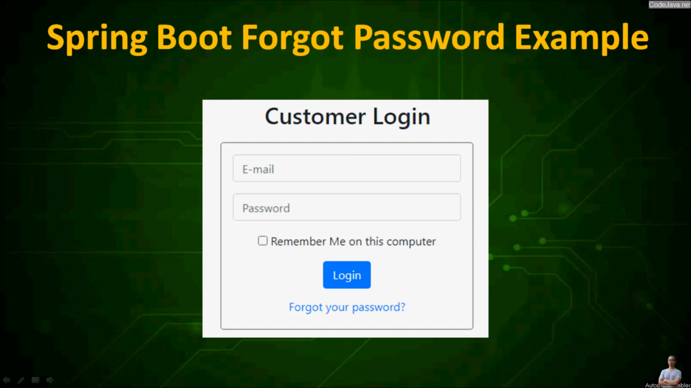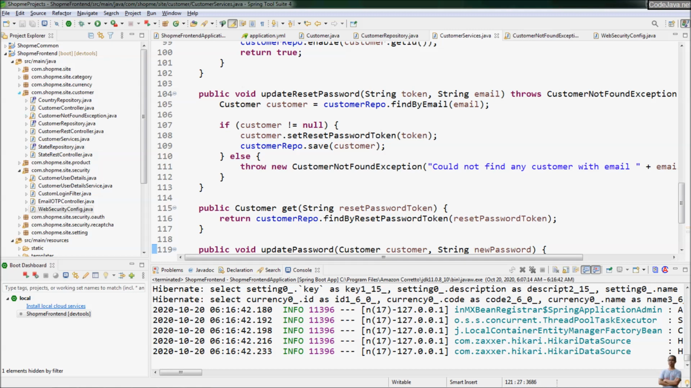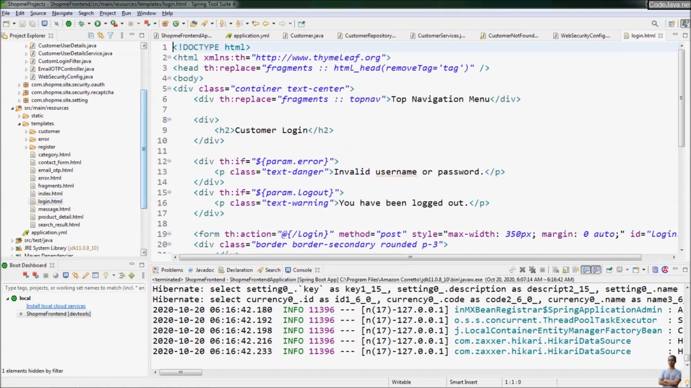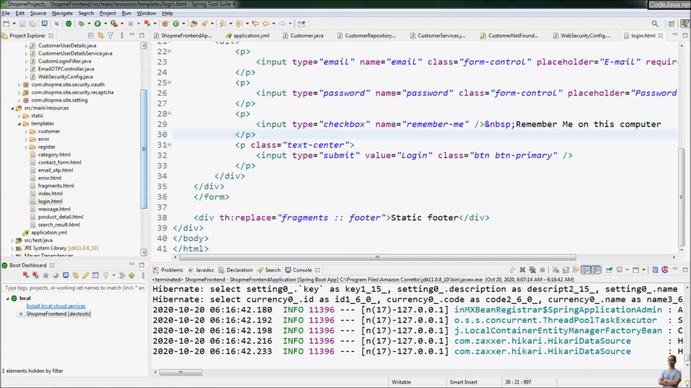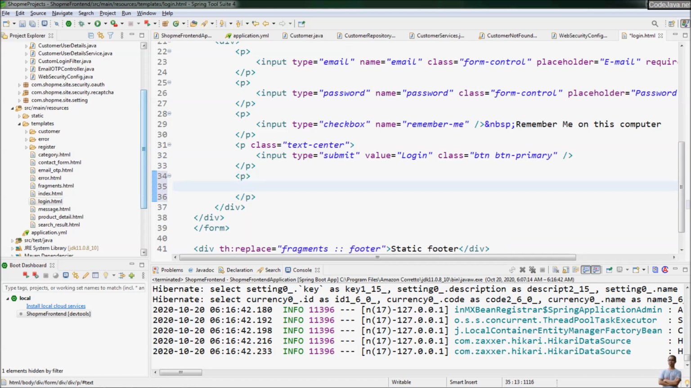Next, we need to update the login page to add a new hyperlink: Forgot the password. So in the project, open the login page. In this project, I use the custom login page here. And we add a new hyperlink after the submit button here to allow the customer to use the forgot password function. So we have a hyperlink here: Forgot the password,